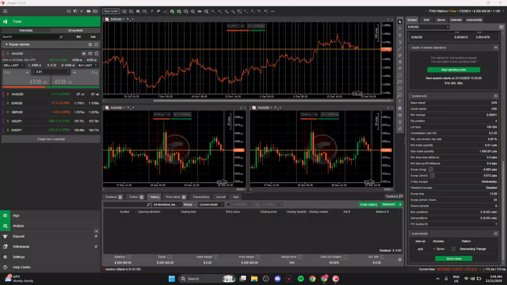In today's video, I'm going to teach you how to change cTrader chart color. This quick customization can make your workspace easier on the eyes, improve contrast for price action, and help you focus